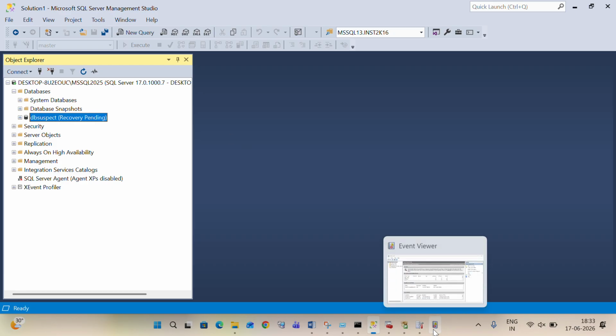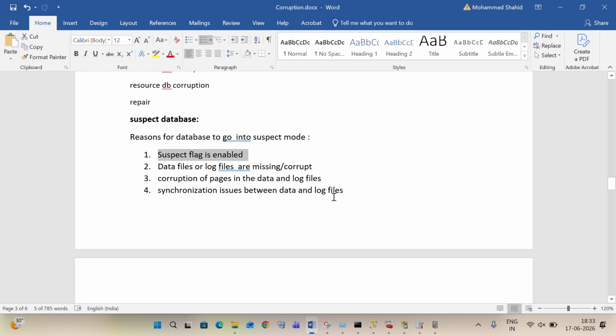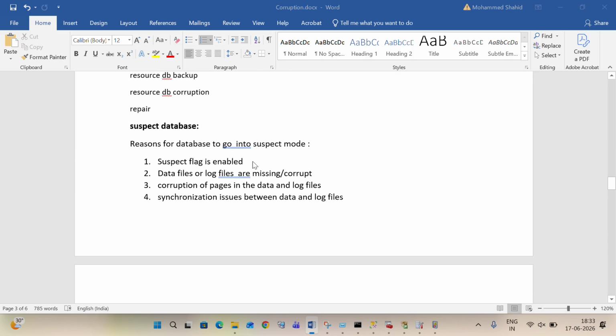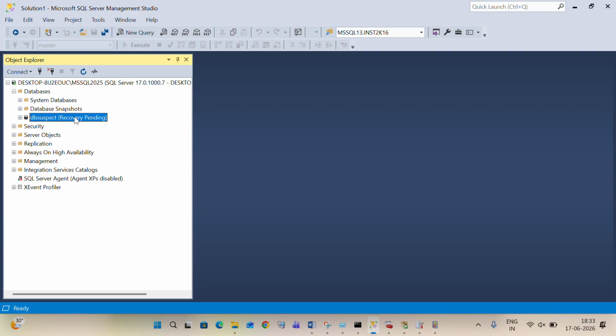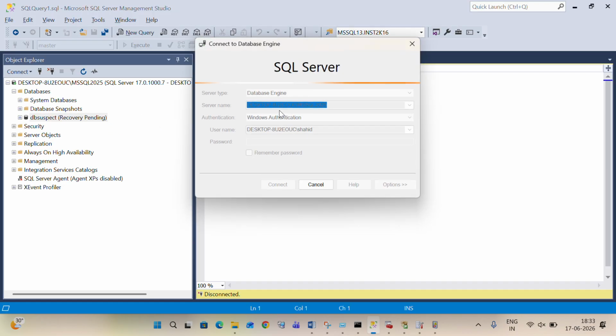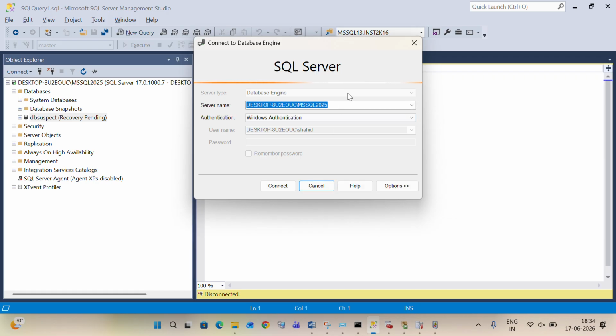You have to check first. You don't need to take steps first. You have to check whether the suspect flag is enabled. Suspect flag means sometimes it will show here as suspect. So how do you check that? There is a query. If it is really in suspect or corrupted, how do you check that? There is one command called